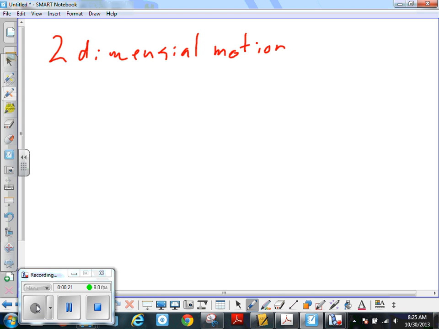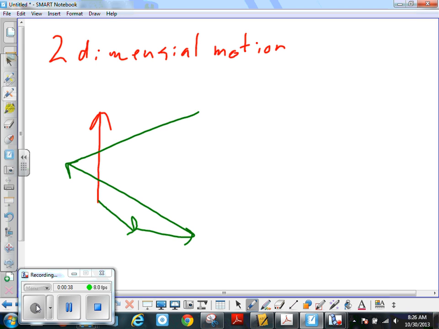So the first thing that we want to talk about is the whole idea of vectors. So you guys know how to do vectors now, right? So let's look at this. If I have a vector like that, could I define that vector as this plus this plus this plus this plus that? No. Yes, I could, right? Because it starts here and it ends here. So I can do anything I want to vectors as long as I start and stop in the same spot